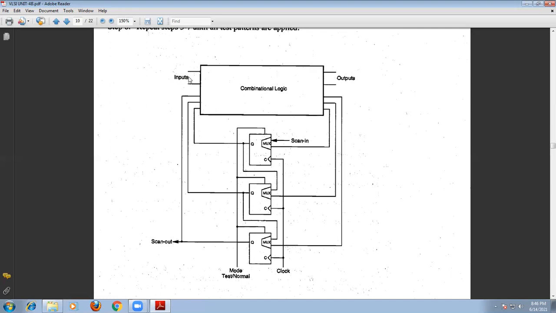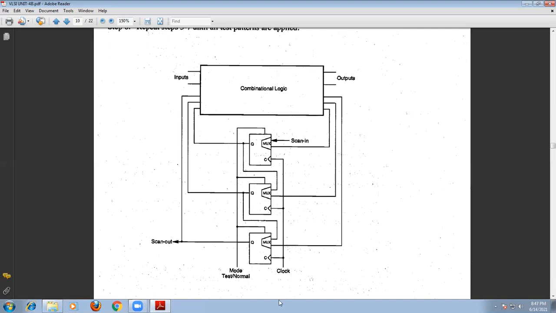After entering the test pattern, set the mode to normal and observe the primary outputs of the circuit under sufficient time of propagation. Because we are applying a signal here, the combinational circuit has some propagation delay. After that time, you can observe the output at this point, and then assert the circuit clock for one machine cycle to capture the output of the combinational circuit into the registers.